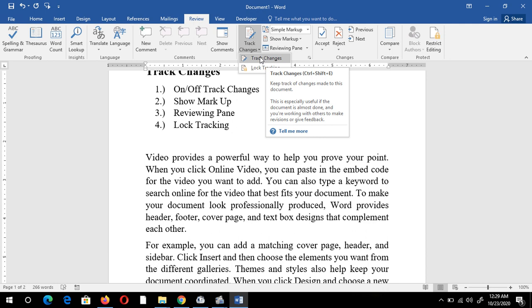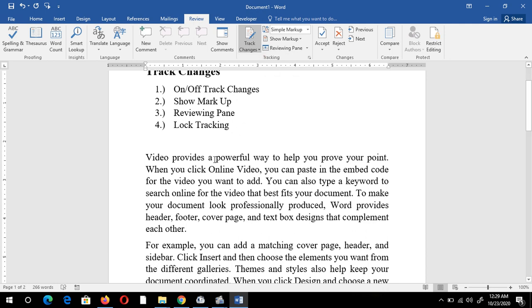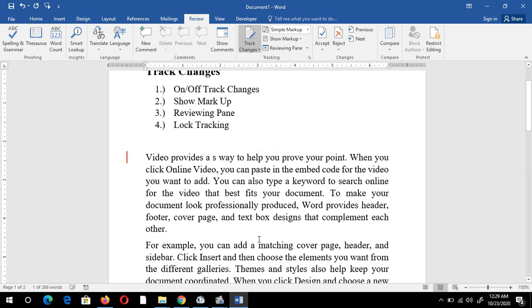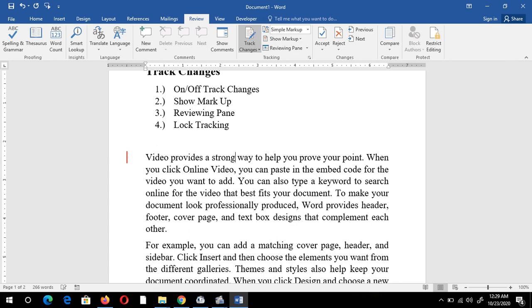Suppose I am going to click here. Now if someone changes my document, it will keep track of my changes. Suppose I am going to change the keyword powerful to the keyword strong. Now you can see on the left margin there is a red mark. It is showing that someone changed this document.